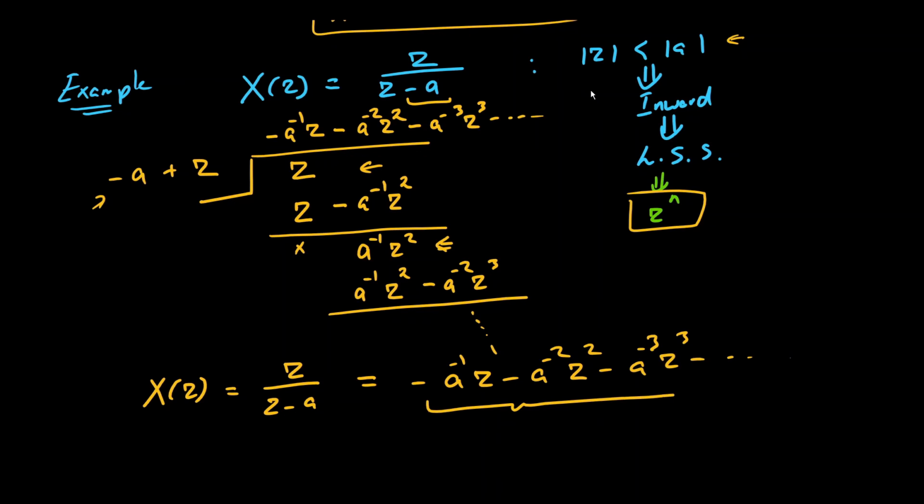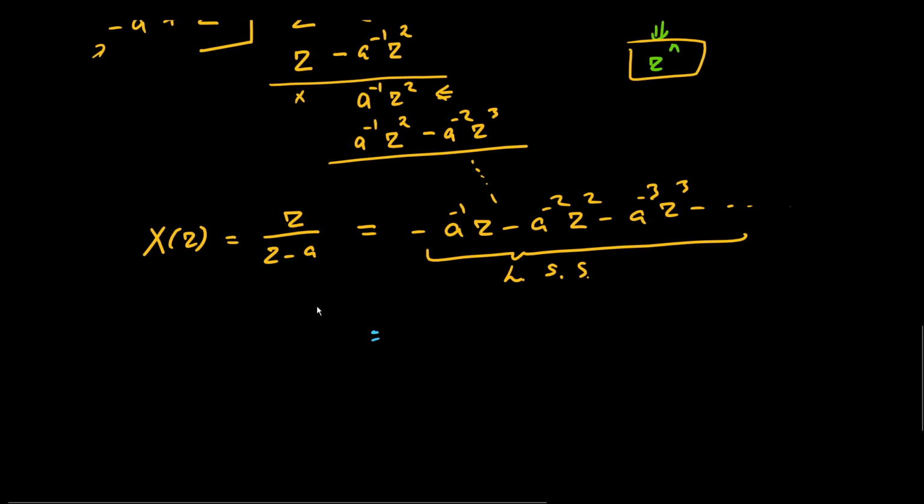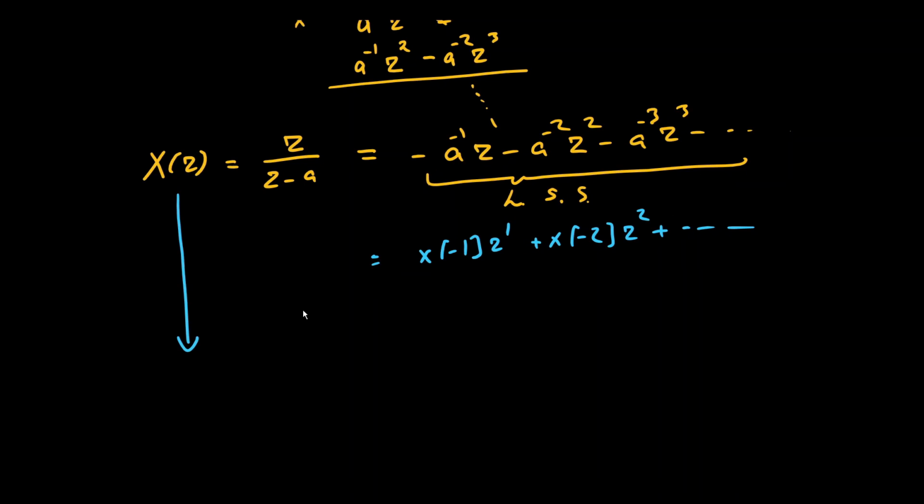Note that this is now a left-sided sequence. So we have a form which is x of minus 1 z¹ plus x of minus 2 z² plus so on. As this X of z has an inverse z transform from inspection x of n,